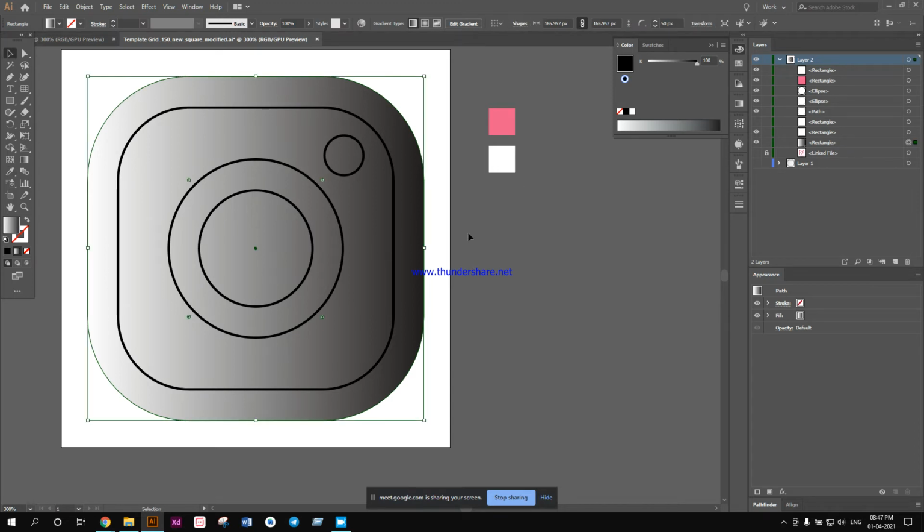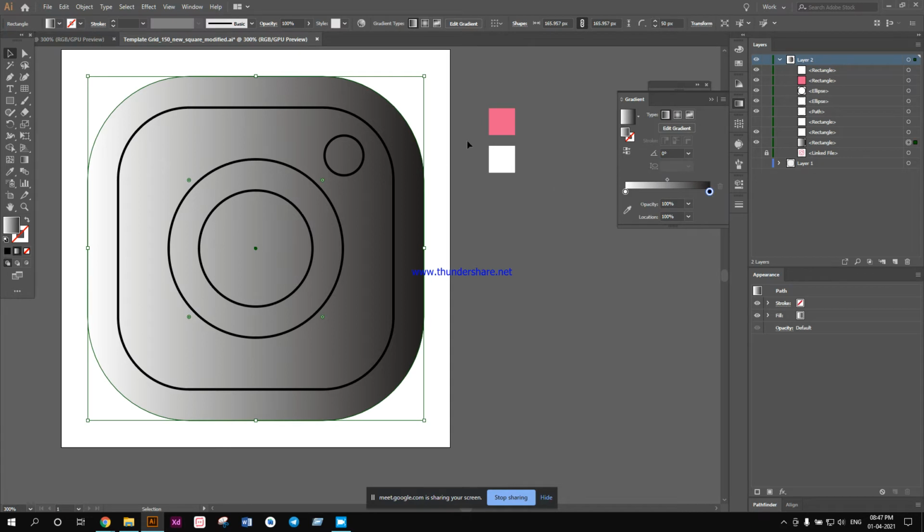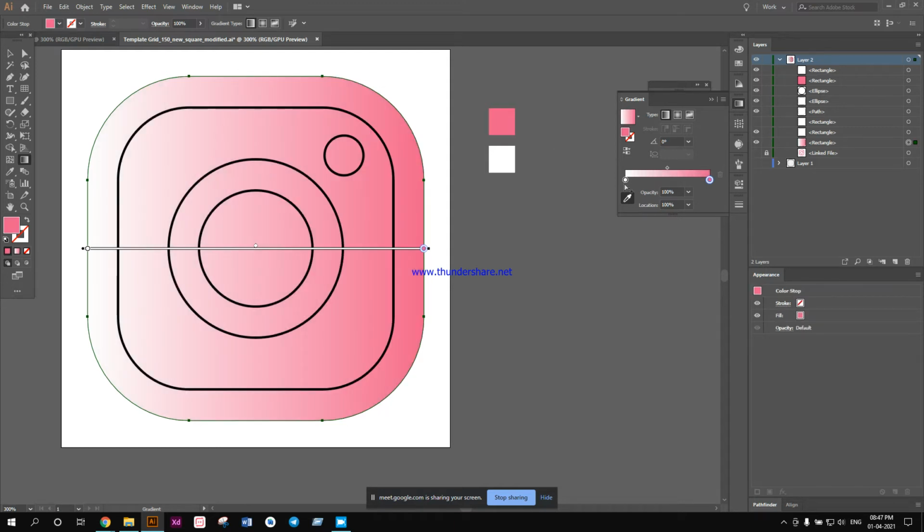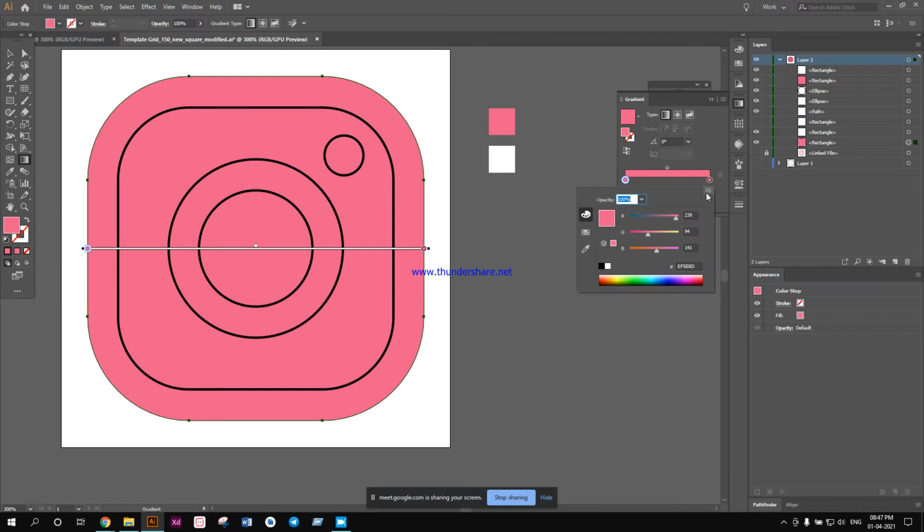So this is a linear gradient, as I told in the earlier class, the last class. This is the linear gradient. So I have the two colors, one is a dark color, one is a lighter color. So for the dark color, I'm going to click on the gradient color picker tool, and I'm going to select this color. Also for this color, I'm going to select this color. Now this is not a gradient right now, and I'm going to double click on this lighter one, and go to HSV mode.